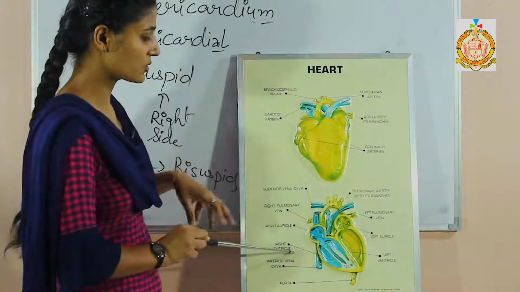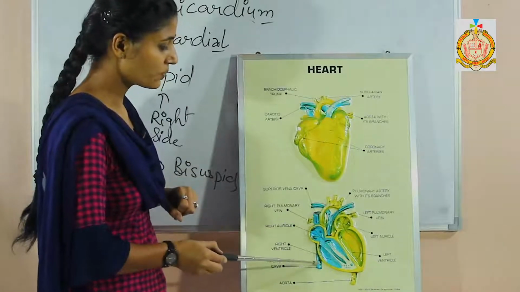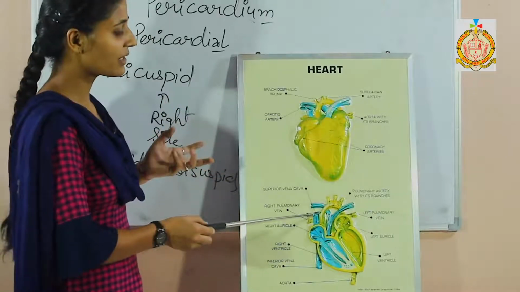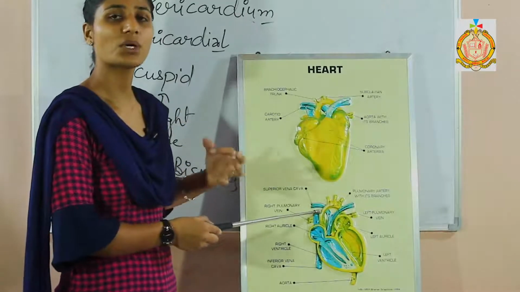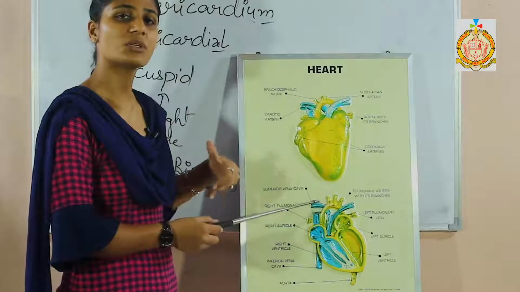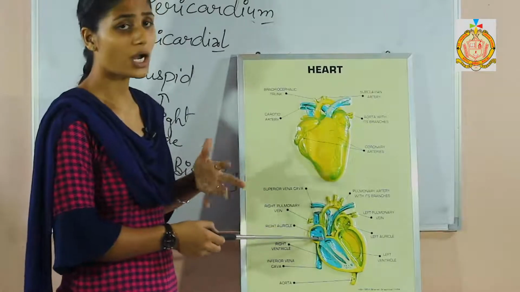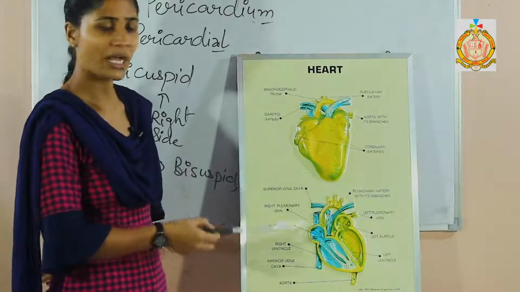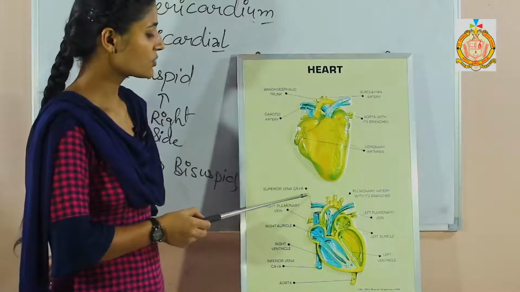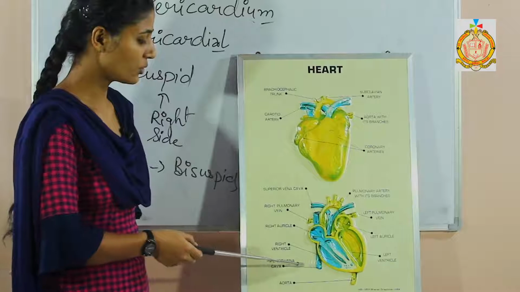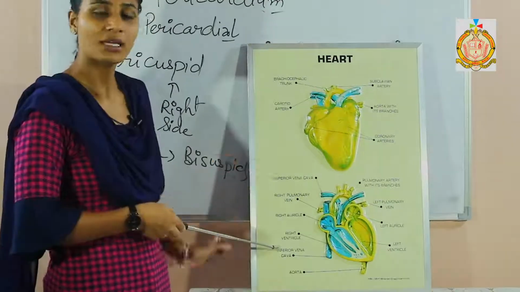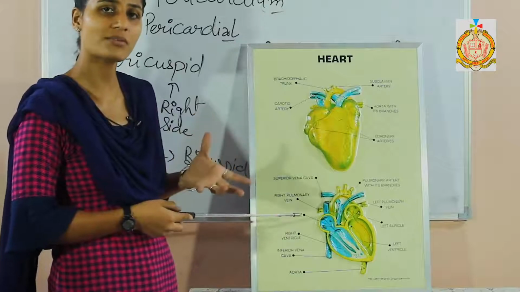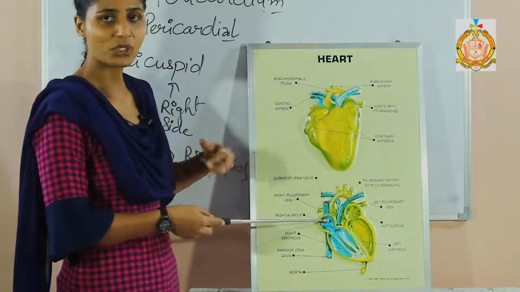So those are their functions, and this tube you are able to see is known as the vena cava. What is the function of the vena cava? The vena cava is collecting the deoxygenated blood from the whole parts of the body and is responsible to send that deoxygenated blood to the heart for purification. Now this vena cava has two openings, the upper one and the lower one. The upper one is known as the superior vena cava and the lower one is known as the inferior vena cava. The function of the vena cava is to collect the deoxygenated blood from the whole parts of the body and send it to the heart for purification.